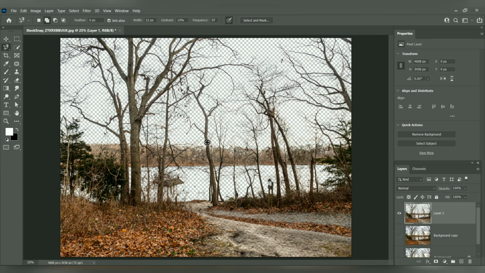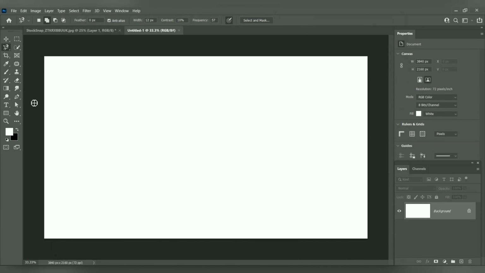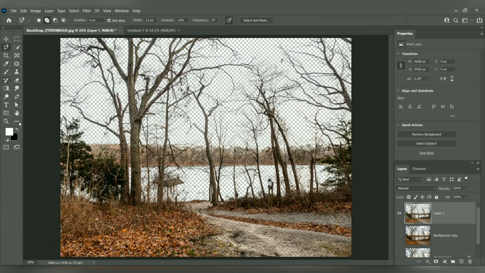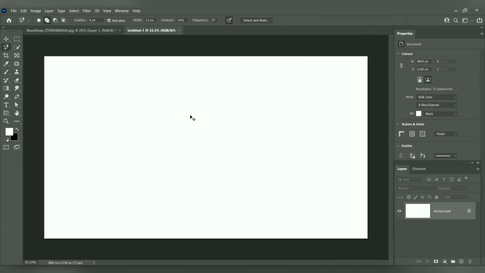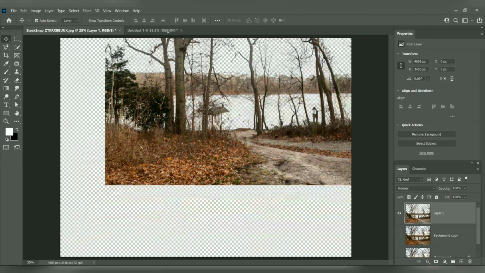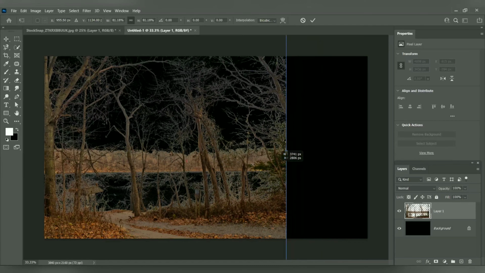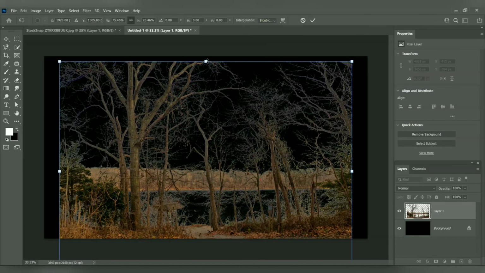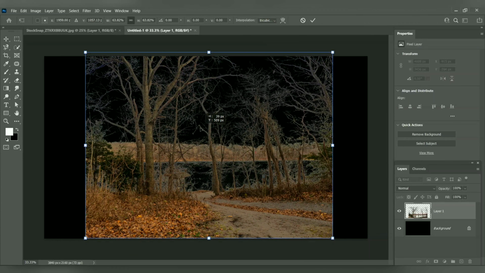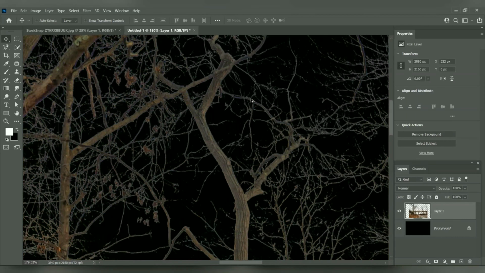Now again it is not differentiable. Now I am taking a canvas. I am placing this image over here so that it would be easily differentiable for you. I have painted this background with black color. Wow, see the magic now. We have selected such an intricate image with such ease. As I zoom in on the image, you can clearly see how perfect the result is that channel selection has given us.